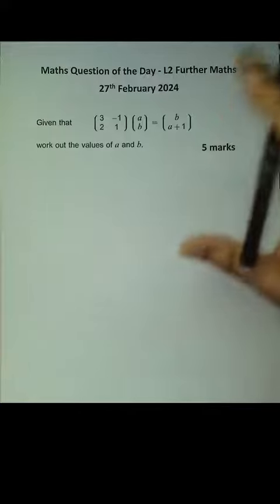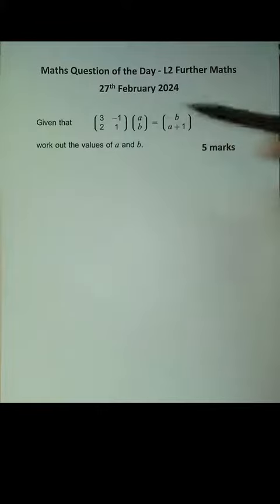This further maths GCSE question on matrices is one of the most satisfying exam questions I've seen, and it's worth 5 marks. Now, given this matrix multiplication, we need to work out the values of A and B. First thing is, yes, they've multiplied the matrices for us, but we should really multiply the matrices ourselves and see